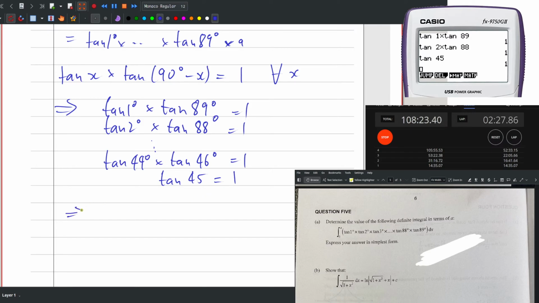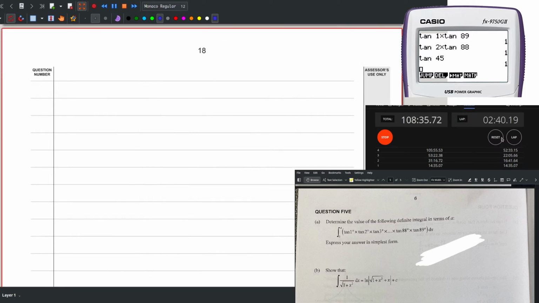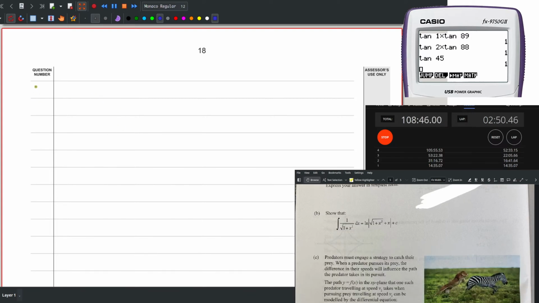So the integral is just... Oh, what the fuck? What? Bro, this is the sauciest question. 5b. Okay, so